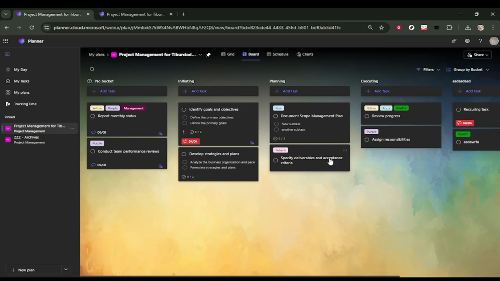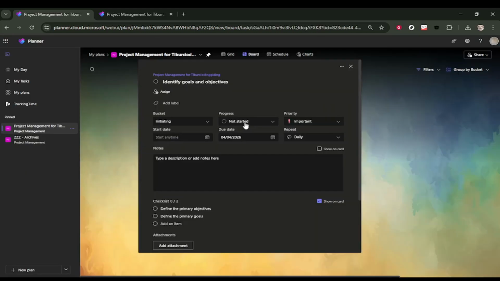So the main goal is to make sure your tasks are assigned correctly and have a clear due date. First, open Microsoft Planner and go to the plan you want to work in. This is your project board where all of your tasks live, organized in buckets. Once you are on the board, find the task you want to receive reminders for, and click on the task card to open its details. In this example, you will open the task titled Identify Goals and Objectives, but the same process works for any